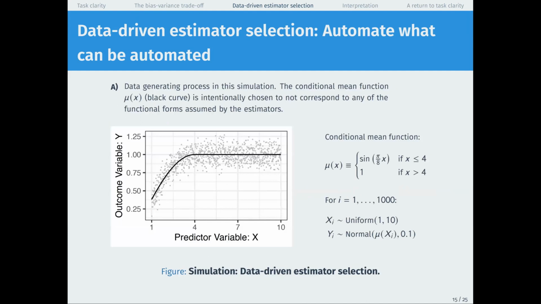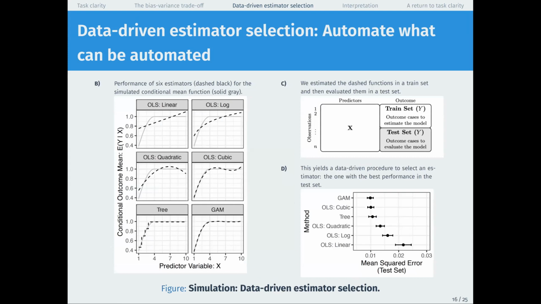Okay, so what does this look like in practice? Here is one hypothetical simulated case. So we simulated this really wonky looking function just for illustration purposes. So this is a curve that bends up and then flattens out along 1. So whenever x is greater than 4, the mean value of the outcome is always 1. And then the data points are randomly drawn about that curve, so that in any particular sample, you might not be able to estimate this curve perfectly because it depends on which cases you happen to draw in your sample.